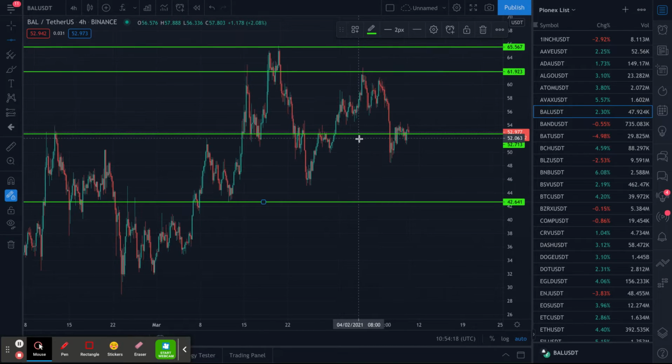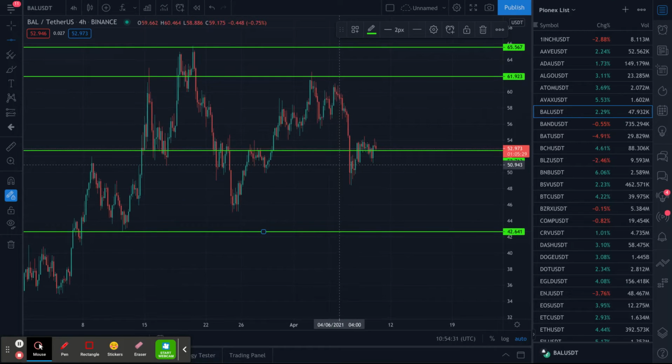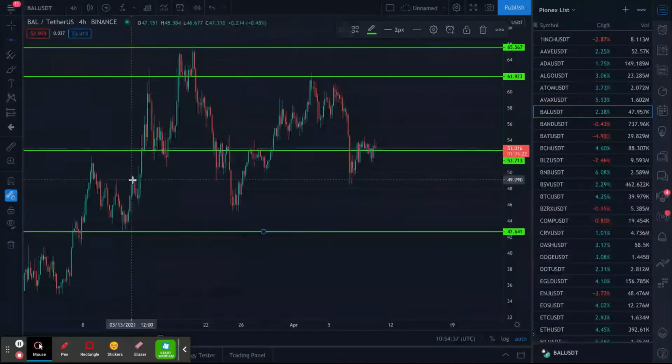So this is BAL USDT. The way I trade it is I put my trend lines, and I look for areas of interest and areas of non-interest. So you're going to notice that as it comes up,